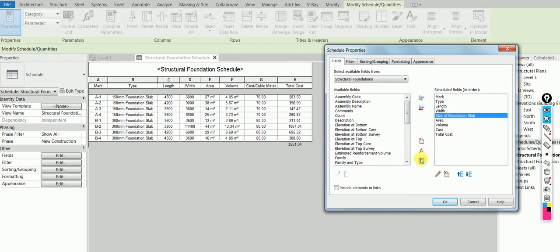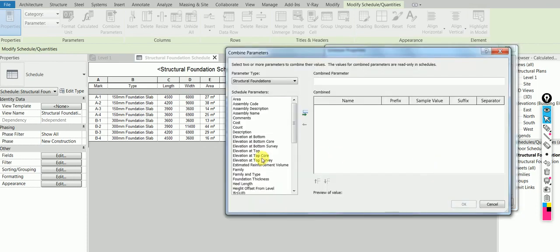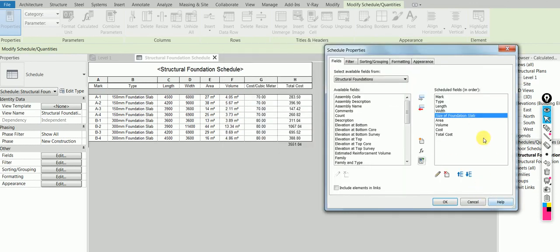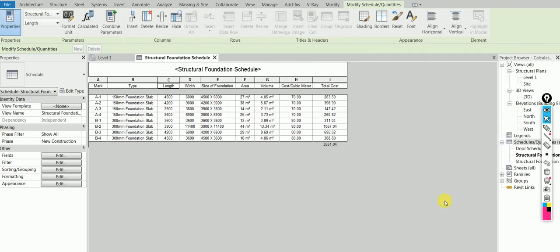How did I do it? I created a combination parameter and I clicked length and width. And then here, as a separator, I added an X. Okay, I think this is clear now. Any comments? Click OK. Is this clear now? Size of parameter, size of foundation slab. Okay, excellent. But the next question is, see,